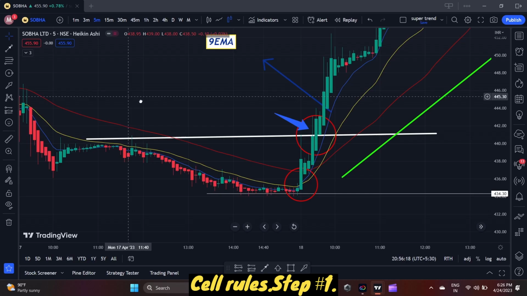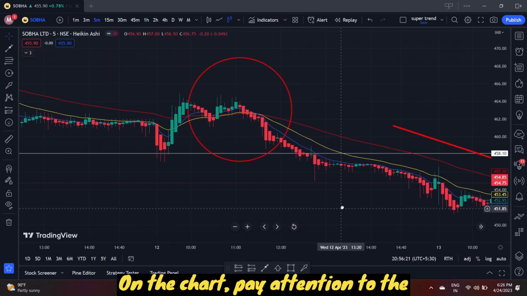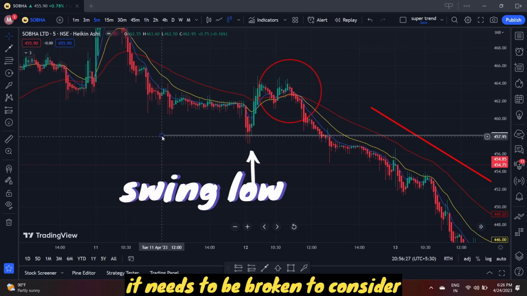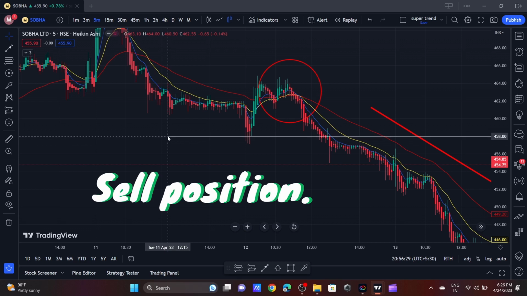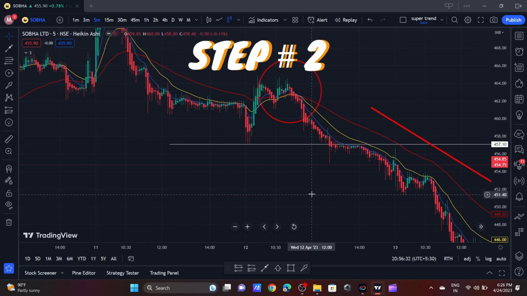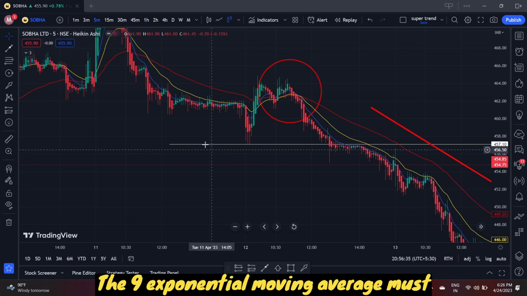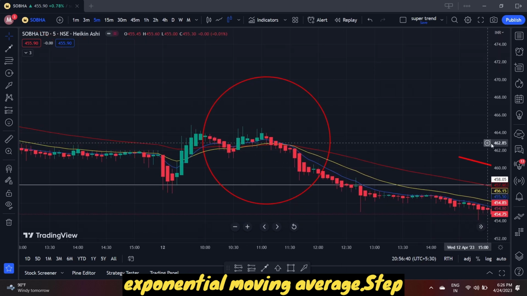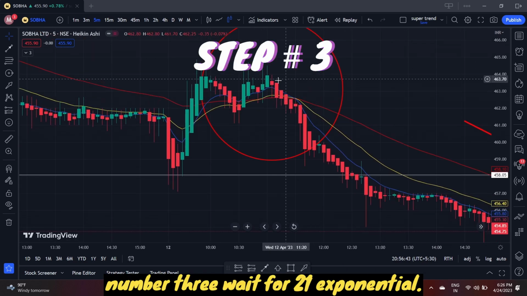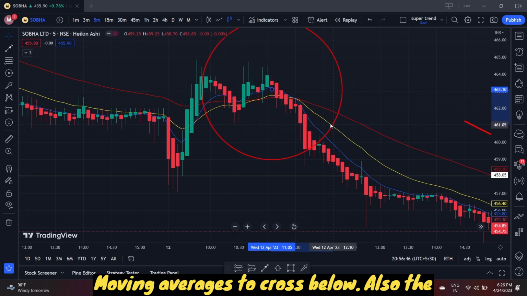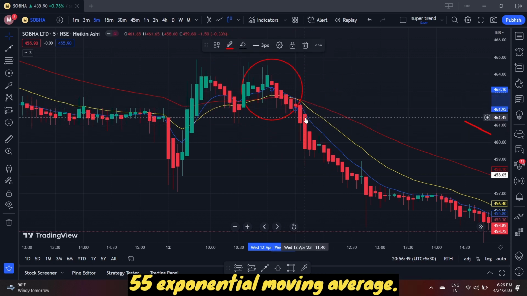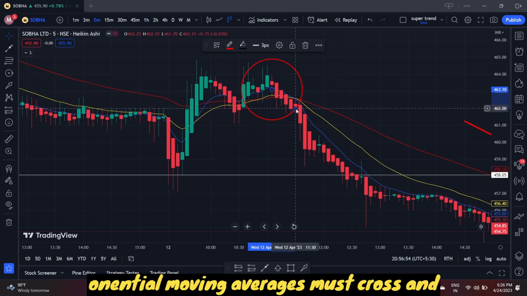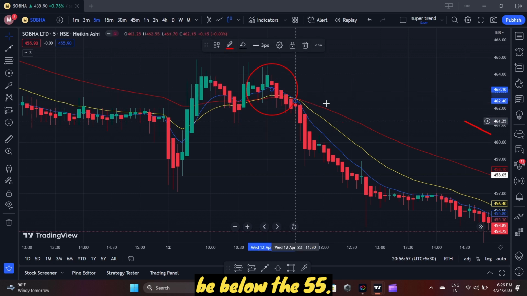Sell rules. Step number 1. On the chart, pay attention to the lowest swing low of the range because it needs to be broken to consider opening a short or sell position. Step number 2. The 9 exponential moving average must cross below the 55 exponential moving average. Step number 3. Wait for 21 exponential moving averages to cross below also the 55 exponential moving average. That means the 9 and the 21 exponential moving averages must cross and be below the 55